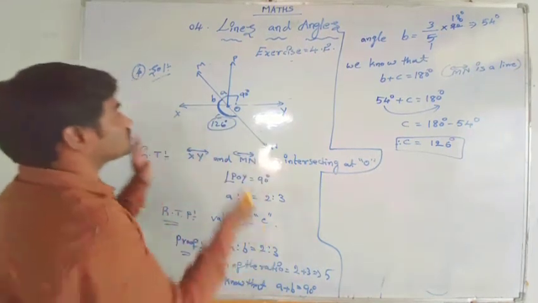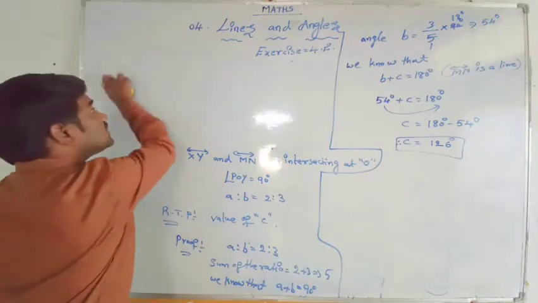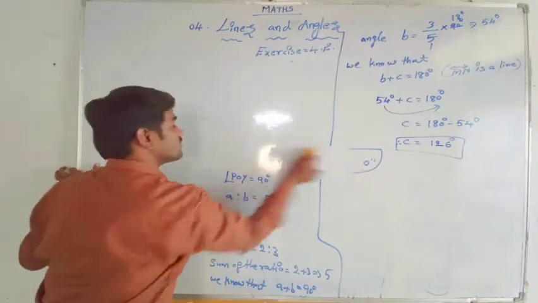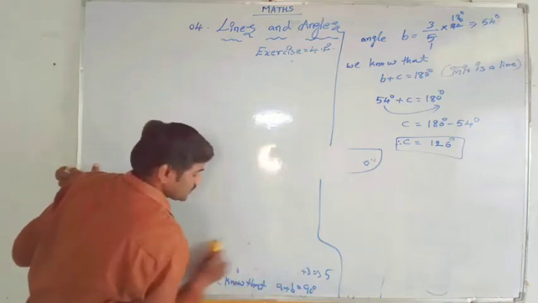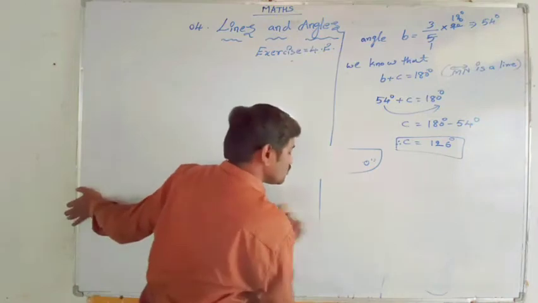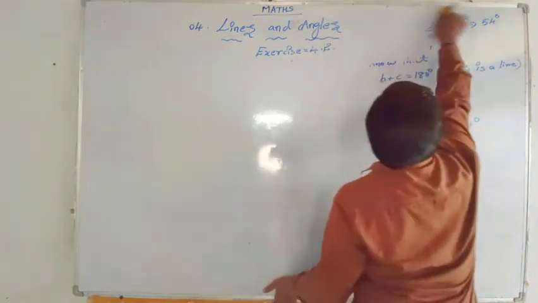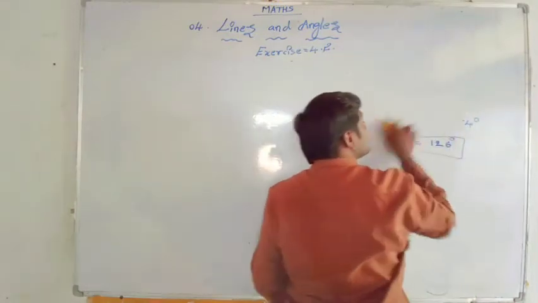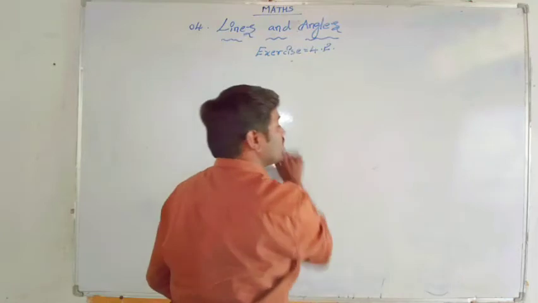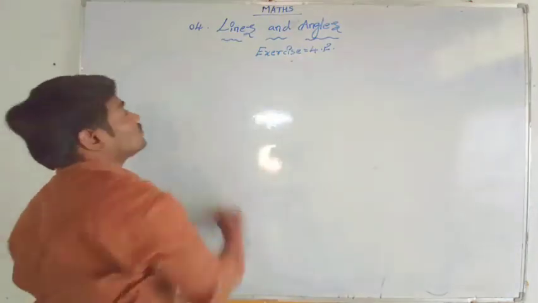I hope you understood this. See what I have done. Simple. Here A to B ratio is given. We need to find out the sum of the ratio. Then we can find the given ratio by sum of the ratio into total value. That means A plus B will give us 90 degrees.